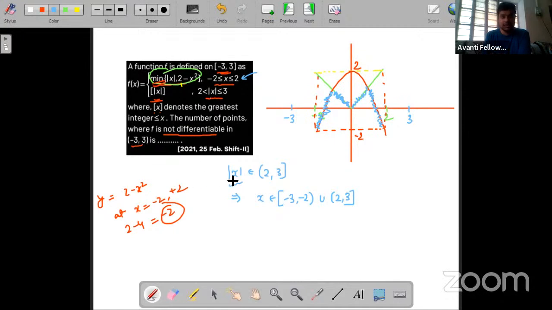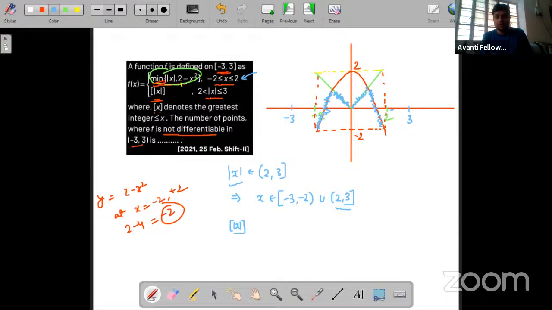अब ग्राफ क्या है? What is the graph? Graph is GIF of modulus of x. Okay, so first of all we'll talk about this interval. In this interval x is positive. X is positive means modulus x has no effect. So here the value will lie between 2 to 3. What is the GIF of any value between 2 to 3? Let's say 2.5. So GIF of 2.5 is 2. So it means the value of this function in this interval will be 2.